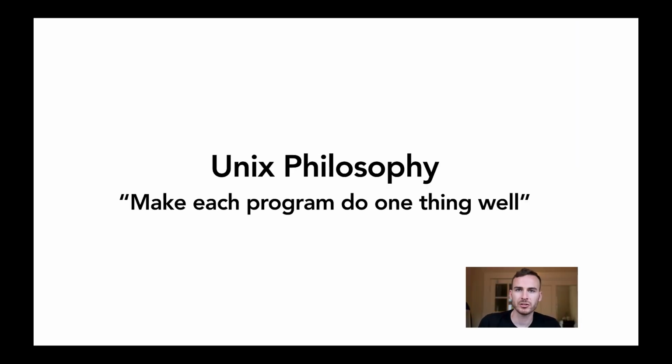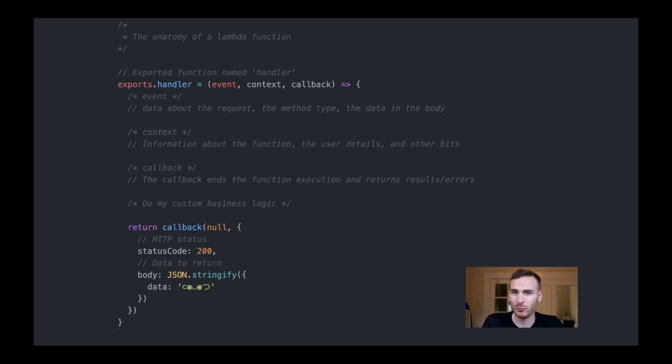When you're building out functions, you are basically decomposing a larger monolithic application into smaller functions or microservices, if you will. And that follows the Unix philosophy, where we want to make each program or function do one thing and do one thing very, very well. This lets us build simpler business logic and compose those pieces together to build more robust applications, as we'll see in later videos. So enough with everything about what serverless is.